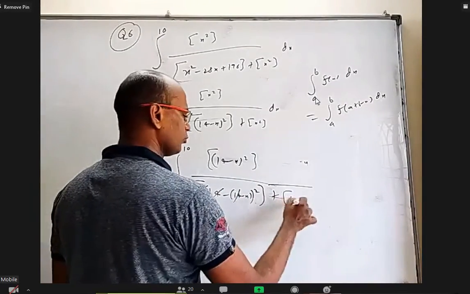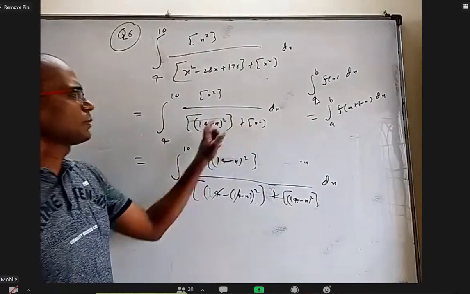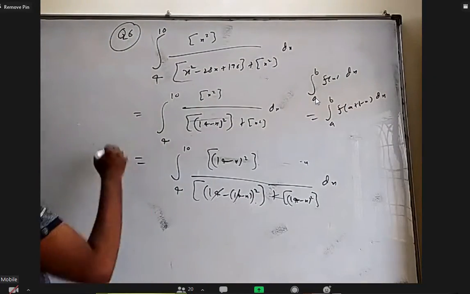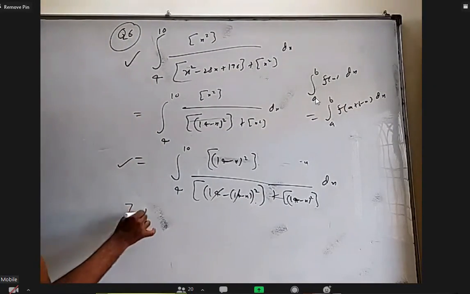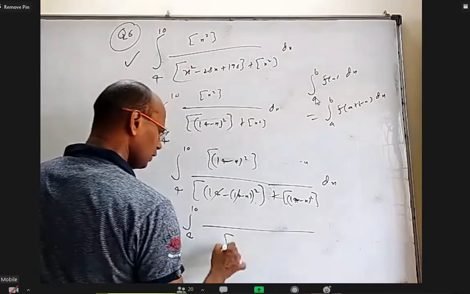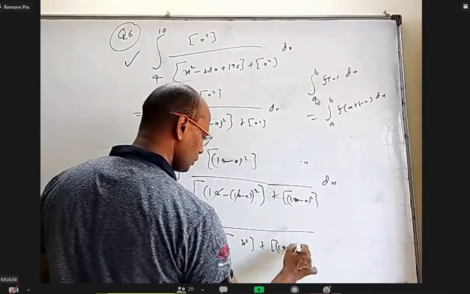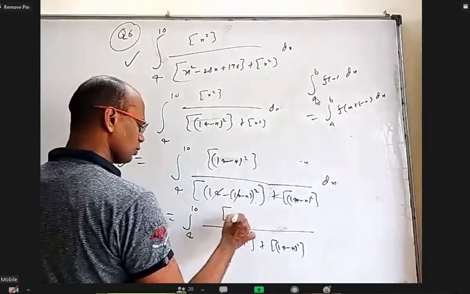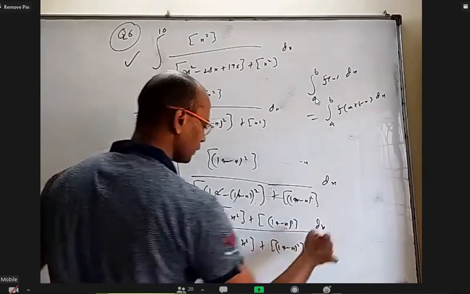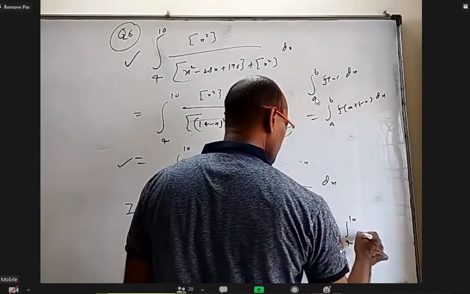And this will become 14 minus x whole square. You can see this became this. So the denominator did not change effectively. When I do I plus I, this one and this one as I plus I, because 4 to 10, the denominator will be x square plus 14 minus x whole square. The numerator is also x square plus 14 minus x whole square. Both are same. So you'll get integral 4 to 10 1 dx.